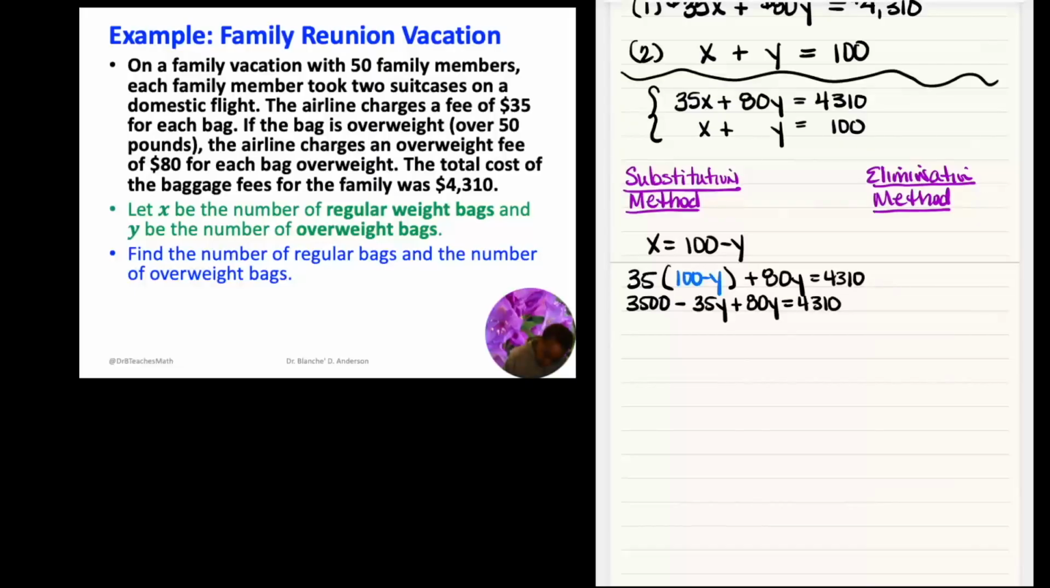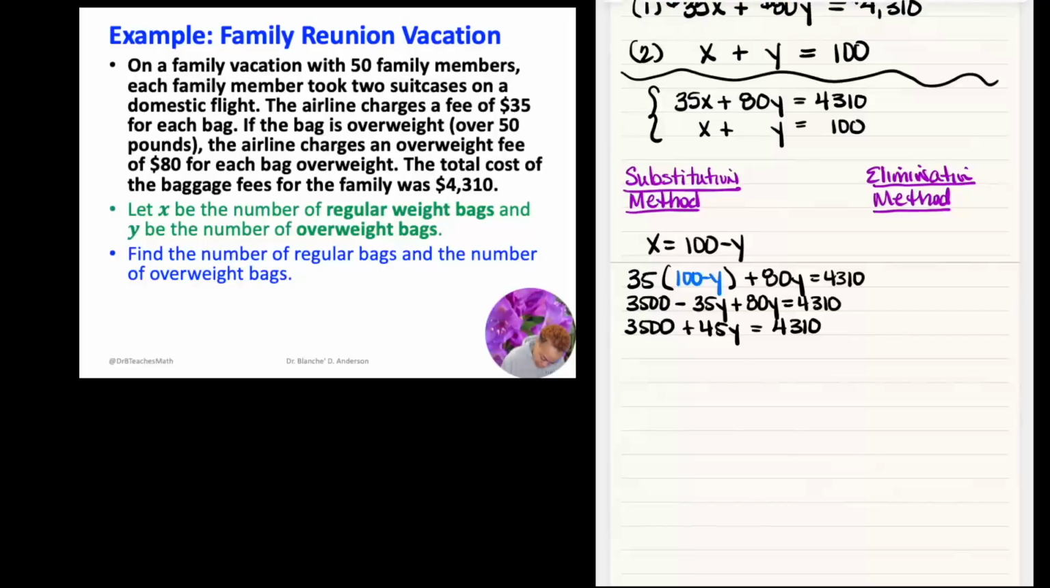Okay. Now we can combine like terms. The minus 30y and the plus 80y, that's going to be, what is that, 40? Yeah, 45. So I have 3,500 plus 45y equals 4,310. So far, so good. So now we're going to